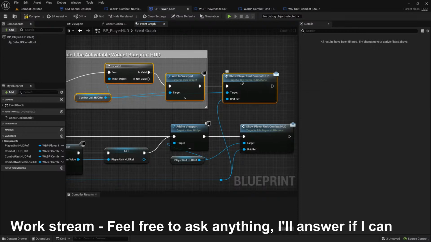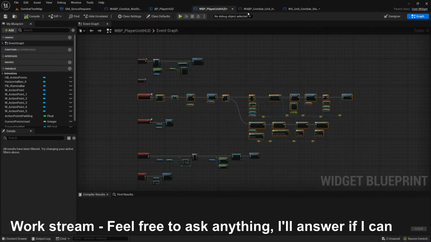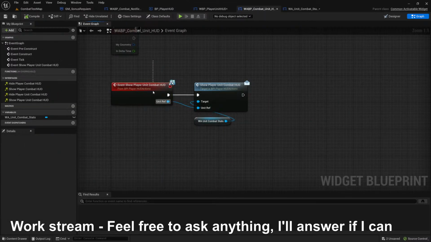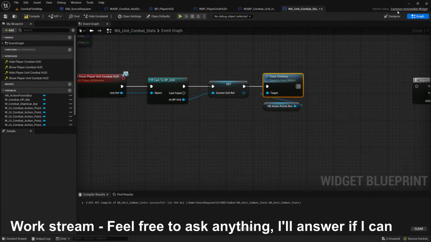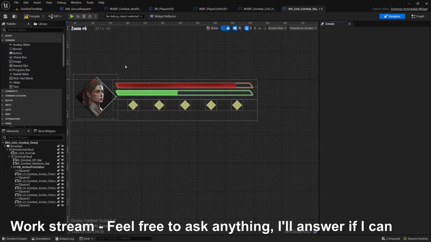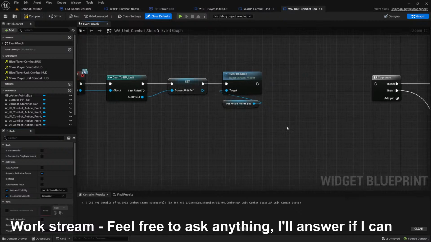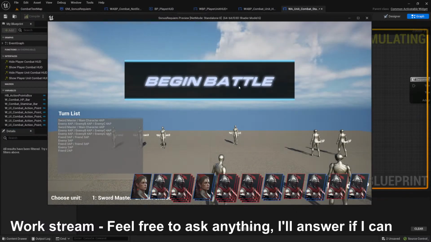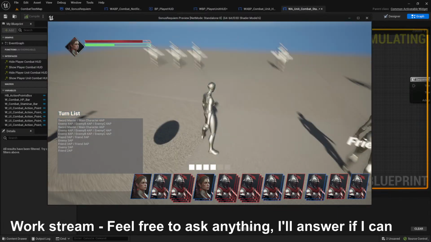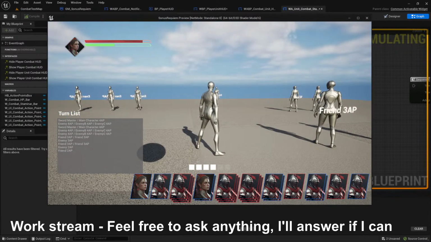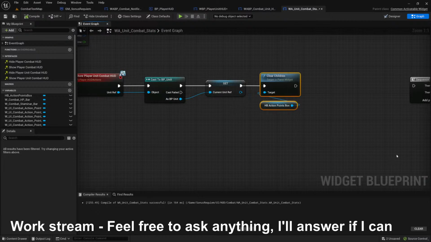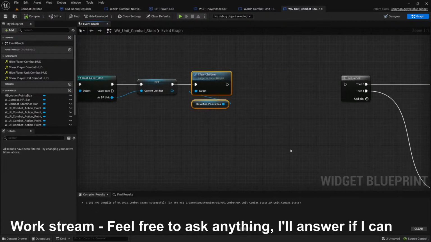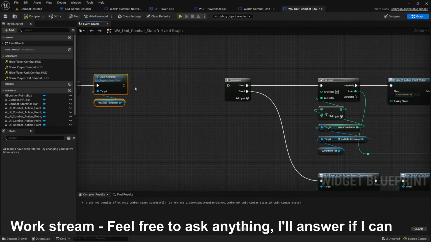This will call the interface inside our HUD. No, not this one, but this one. And this will call it inside our widget that controls the actual unit stats. So we should see that whenever we play, we select someone and there are no action points because we have cleared all the children. So the next step would be